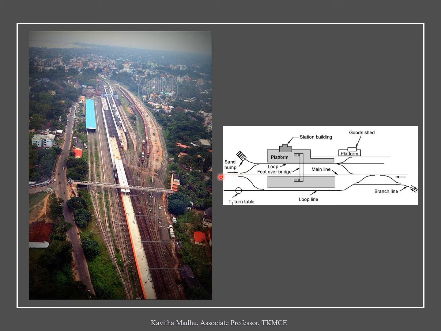So you can see here there can be trains coming in both directions in this main line, and there can be a branch line coming and meeting with the main line. So there should be platforms, there should be passenger interchange facilities like foot over bridges, and then there should be a timetable because this branch line is coming and meeting here.